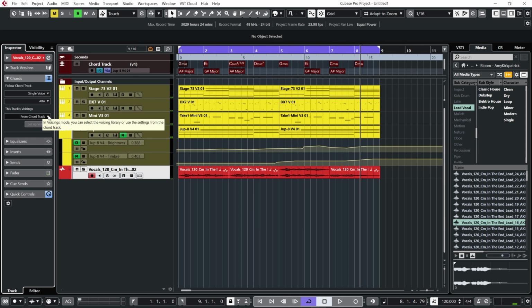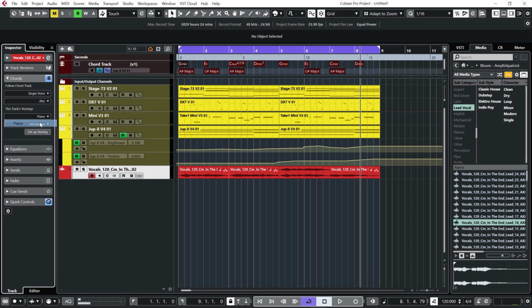But if I go to the next drop-down menu and try playing about with these options,